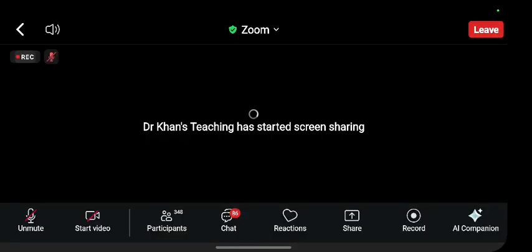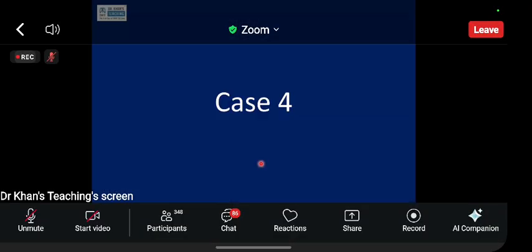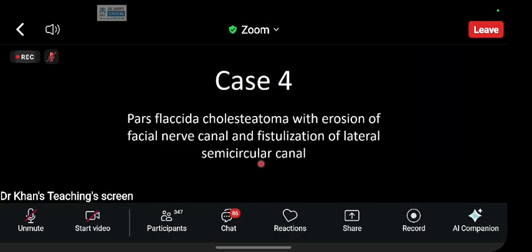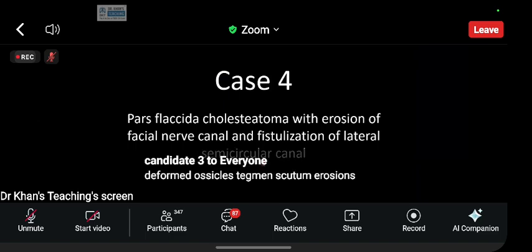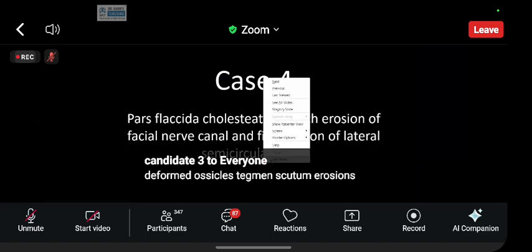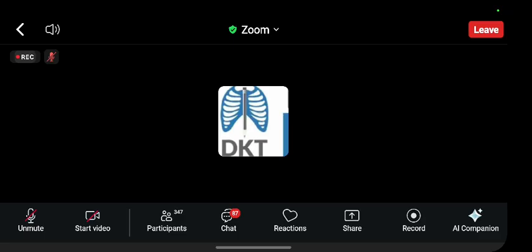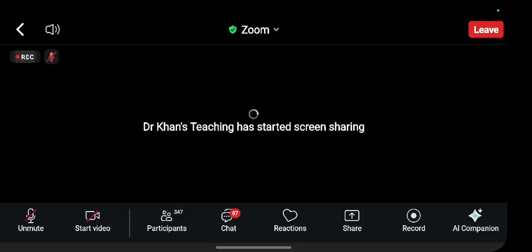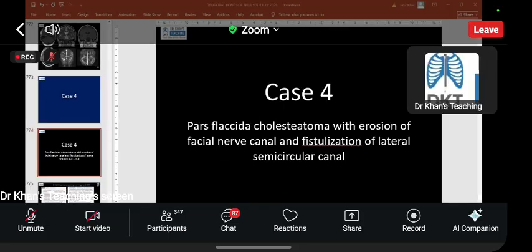Okay, now listen very carefully, a few slides about cholesteatoma. Now, if you ask me, other than infection, which is the most important part, actually, sorry, there's a typo here on the slide which I am showing you. So the correct thing is that this is